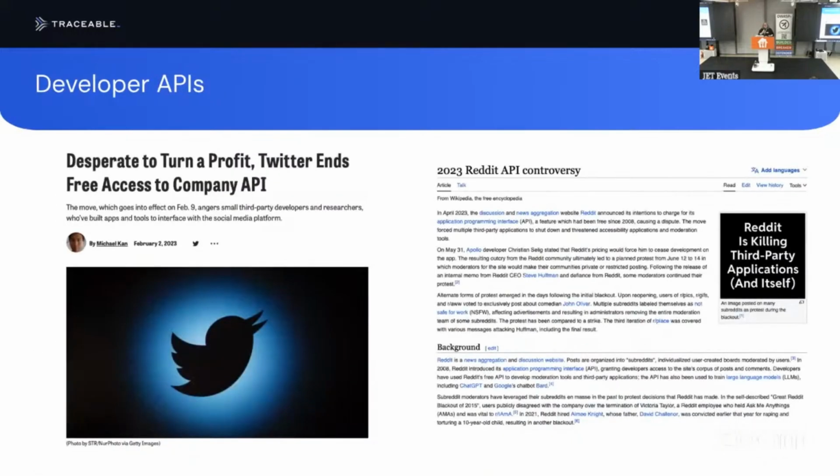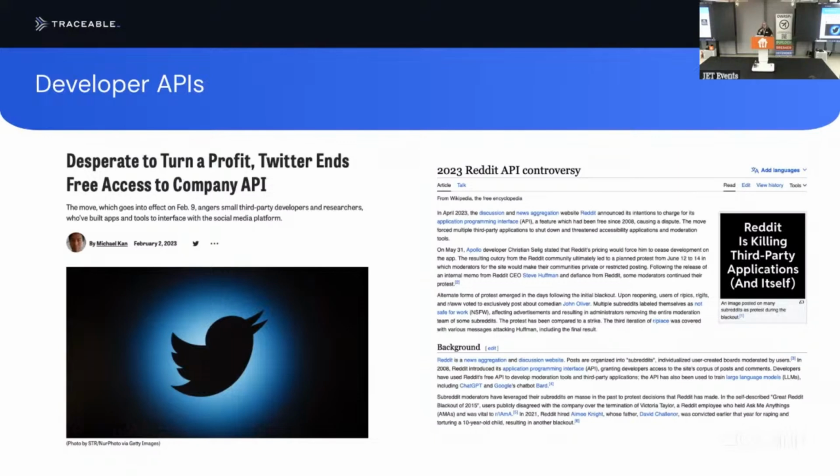Now, one of the great ways you can look at APIs is through developer APIs. Now, I certainly have not chosen these particular developer APIs for any reason. Certainly not. But developer APIs are often available for free. And the idea is that you integrate with their API and you integrate their stuff into your product, and then they get wider adoption of what they're looking at.